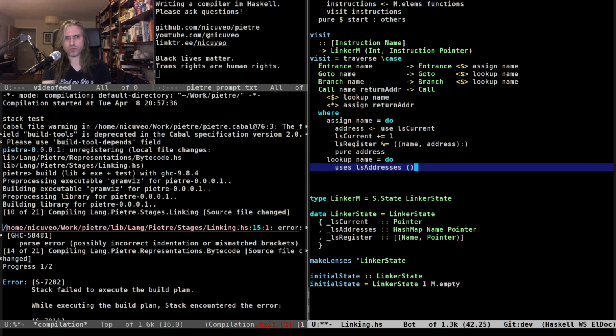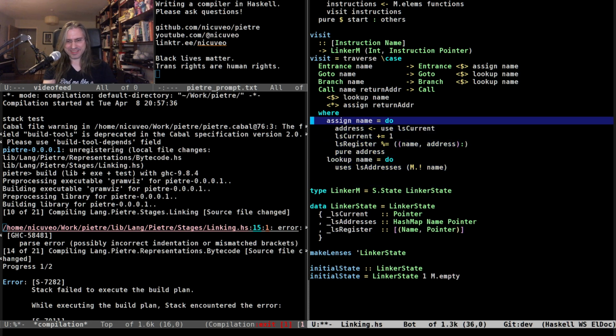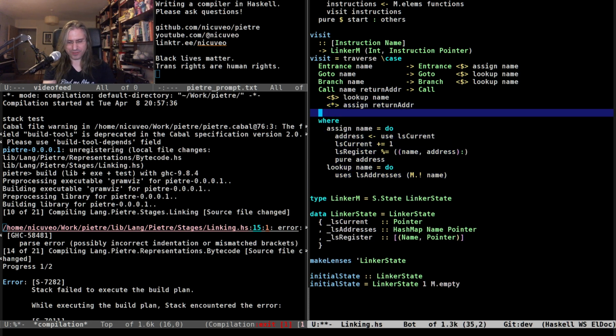And what I'm going to do on the address is a lookup of the name, which we assume is always going to succeed. Okay. That should be all of it. Any other instruction is left unmodified.